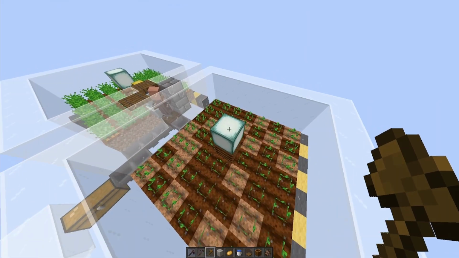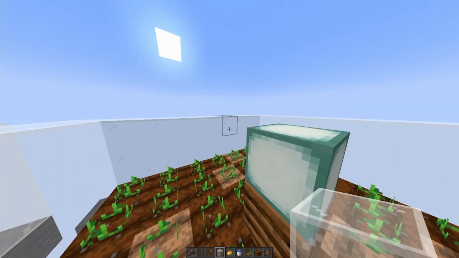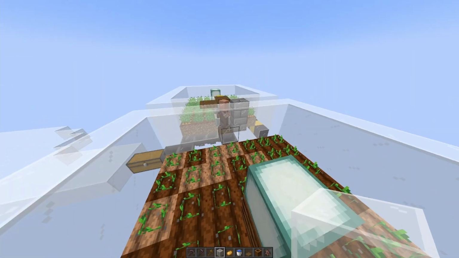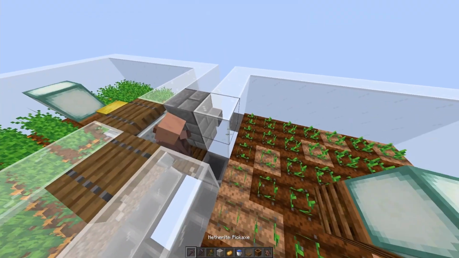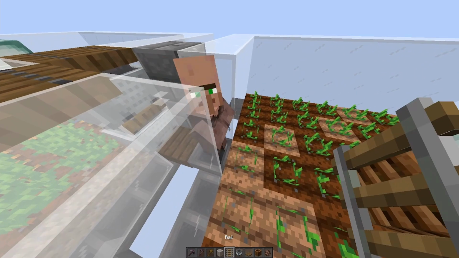Okay, so I've got the walls in now. You want to come to this side where you want the villager to be. So any of the cardinal directions, in the middle. Just make sure you come and break these 2 blocks, and then you want to get your hopper minecarts out, and